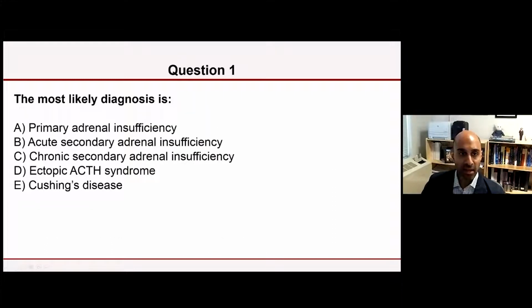So based on this vignette and the labs, what do you think is going on? Do you think this is primary adrenal insufficiency, acute secondary adrenal insufficiency, chronic secondary adrenal insufficiency, ectopic ACTH syndrome, or Cushing's disease? Okay, so hopefully many of you thought this was adrenal insufficiency, and if so, that it's primary adrenal insufficiency. And what I'll do now is walk you through the variety of different ways adrenal insufficiency can manifest and the